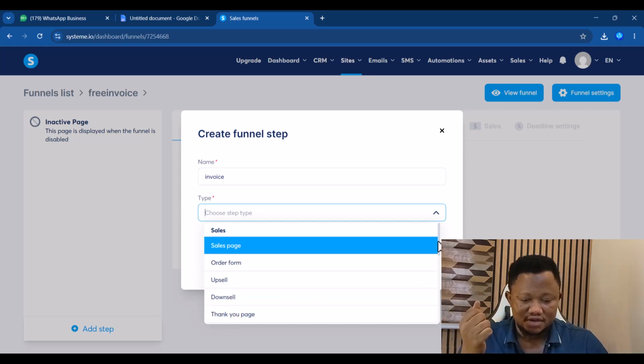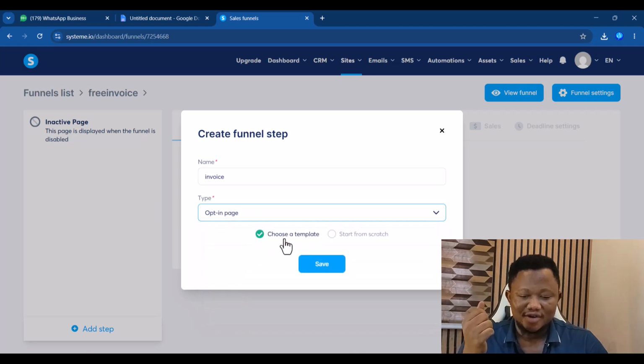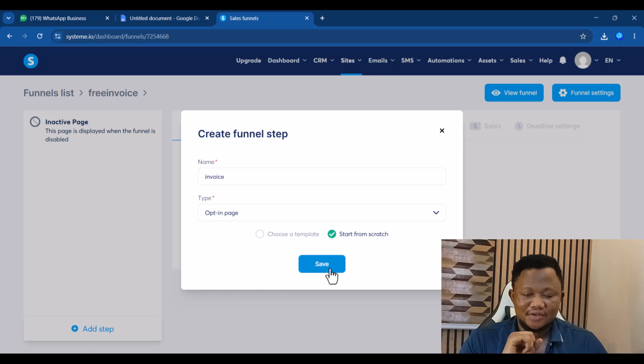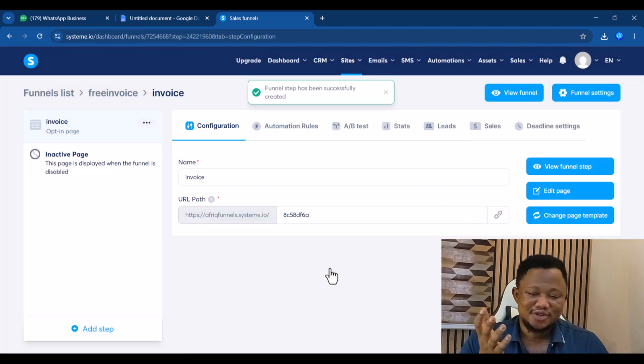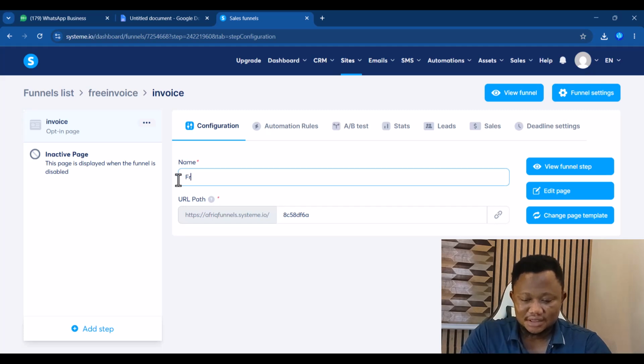Of course, for the sales funnel, I'm going to be using an opt-in page. So now if I go ahead and choose this, it's going to still send me to choose a template, but I'm not. All I want to do is to just come here and click on save. The moment you do that, it brings you here and gives you a path. So meaning that we can still say free funnel invoice,